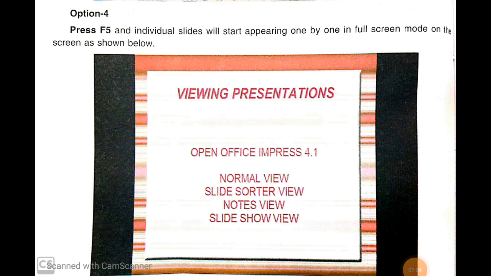We can use the down arrow key to go to the next slide and the up arrow key to move to the previous slide.